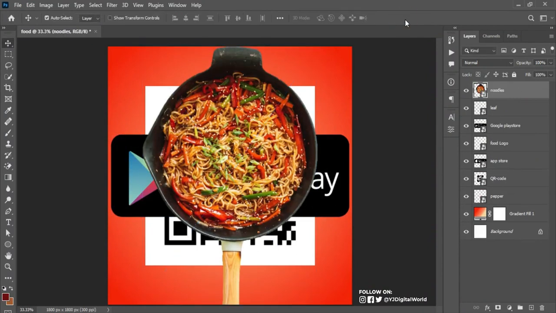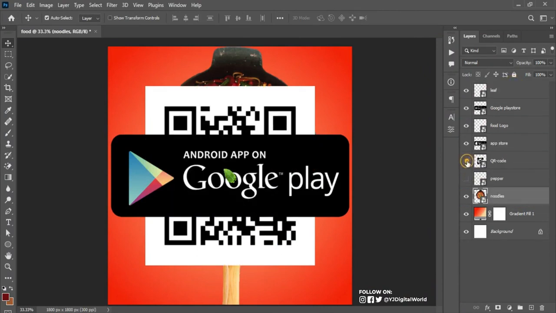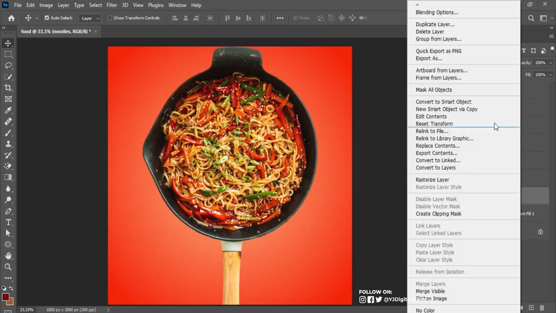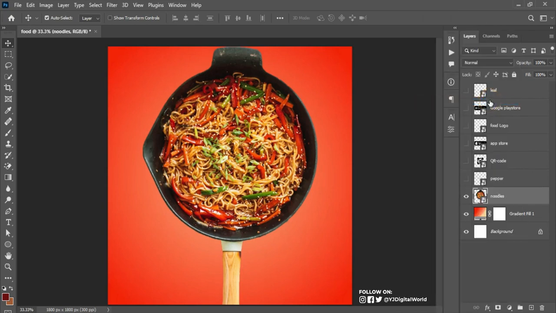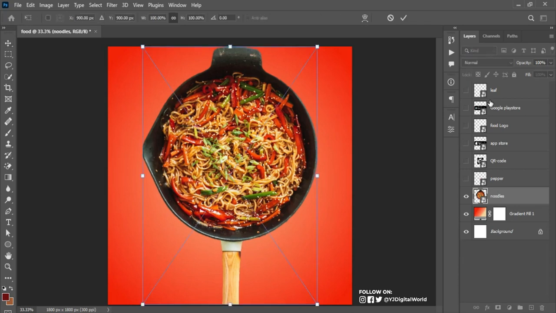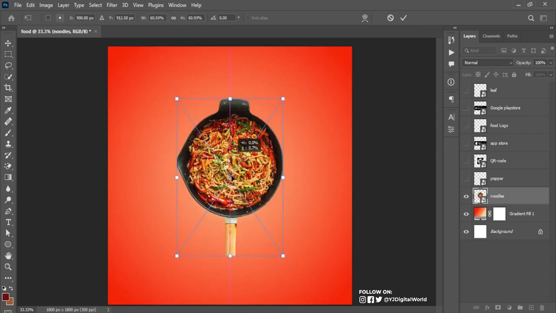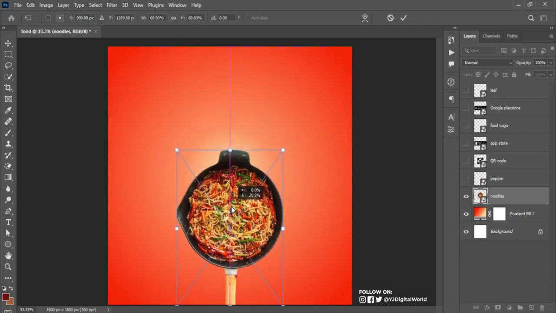So here are all of them. I have to turn off those that I don't need to work with at the moment. Here is the first image I'll be working on. I right click and convert this to a smart object. By doing so, it enables me to maintain the actual resolution of this image whenever I scale it up or down. It won't lose quality. Ctrl T to transform. Hold Alt and scale down from the middle, and align it somewhere this way, and still scale it up